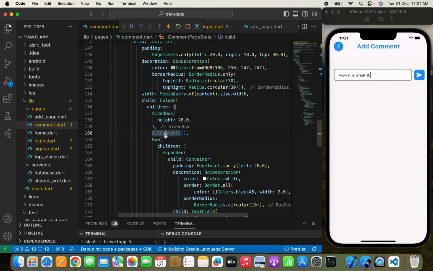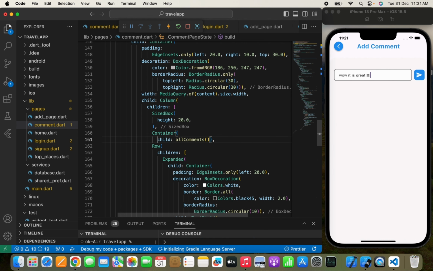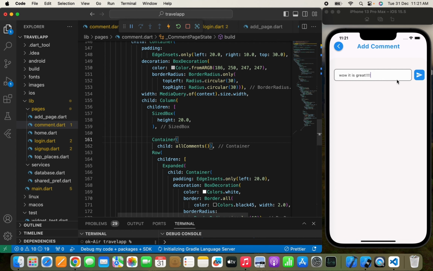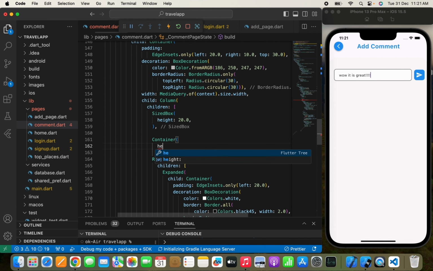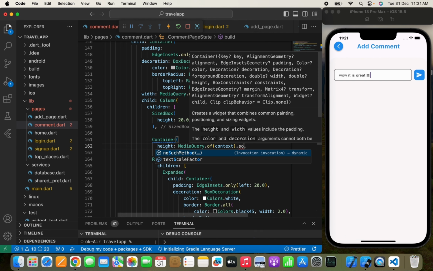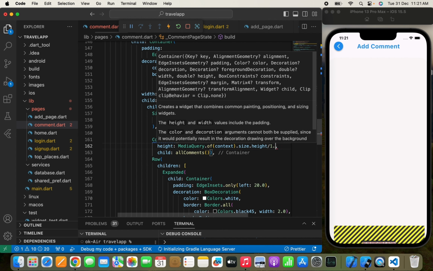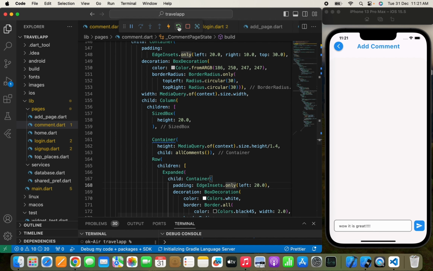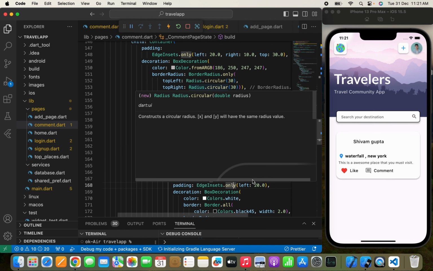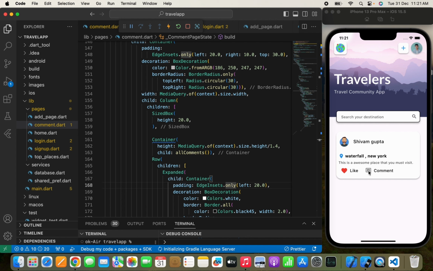and I can simply wrap up with a container, and I can pass enough height so that I can move this text field over here. So I'll pass height MediaQuery.of(context).size.height divided by 1.2, no, 1.5. You can set it according to your need. Yeah, 1.4 is okay. Now here I'm simply hot restarting the app again, and we'll click this comment icon